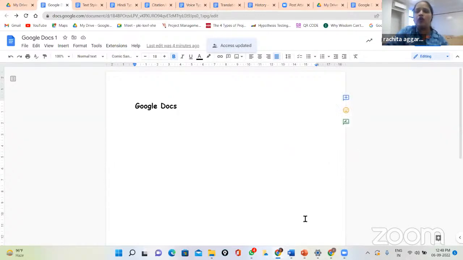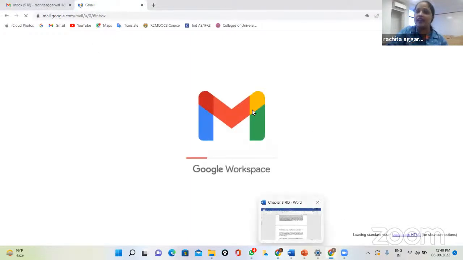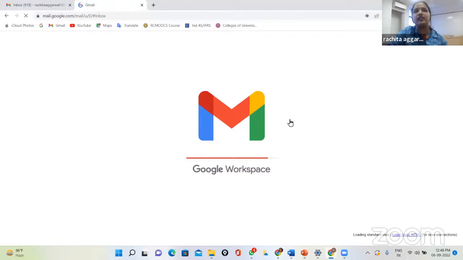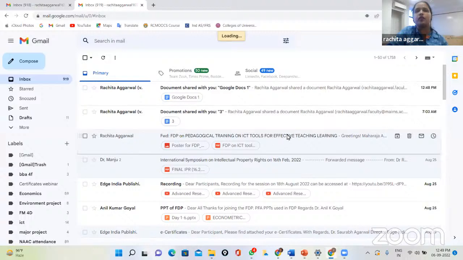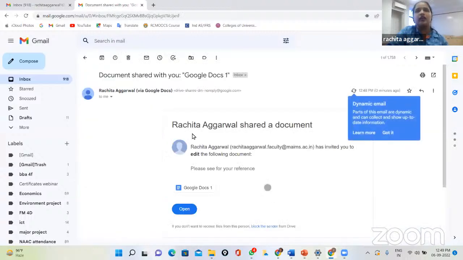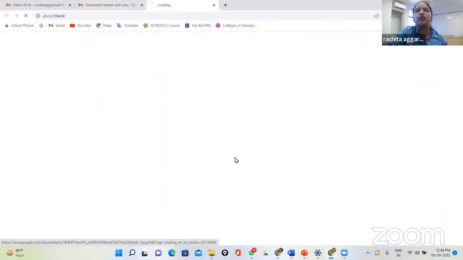Now, if I go to my personal mail ID here, this is the mail ID which I have opened to show you what the person who is the editor, whom you just made the editor, will receive. You see, an email has been received in this account to which I have shared the Google Doc. When you open it, it says Rachita Agarwal shared a document, and the note which I have written there, please see for your reference, is appearing here as well. Now you can simply click here and open the document,